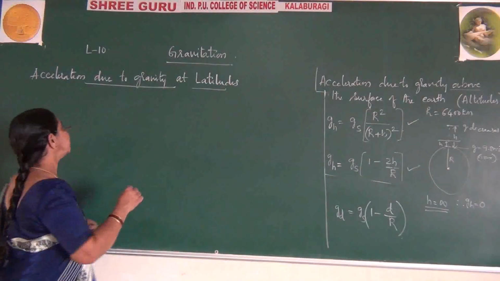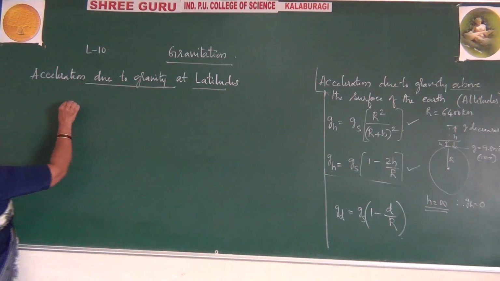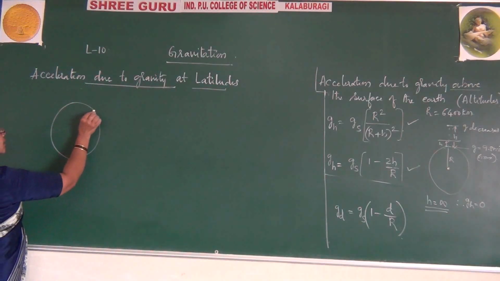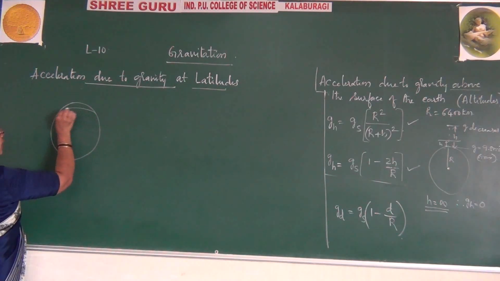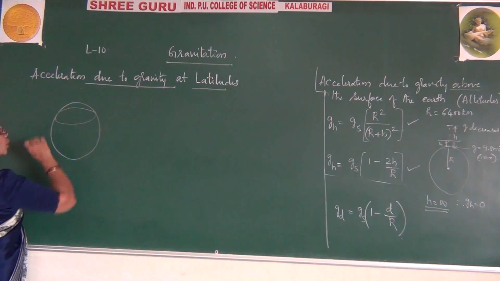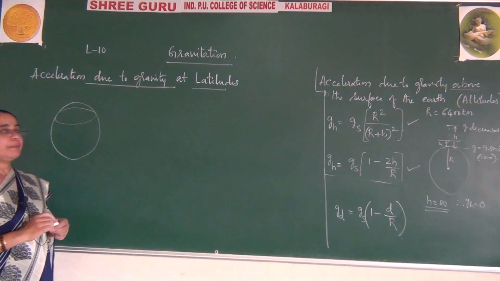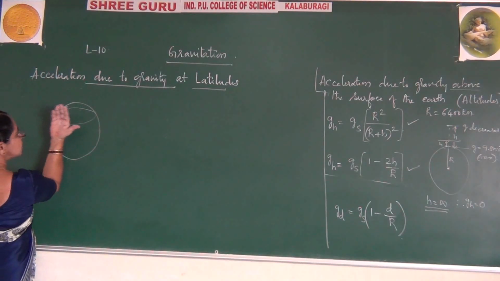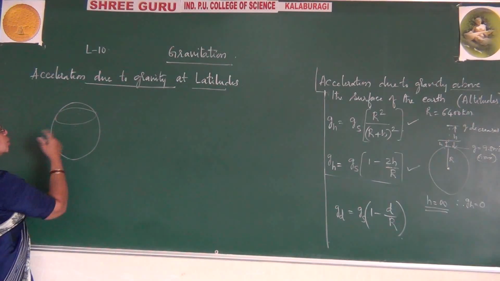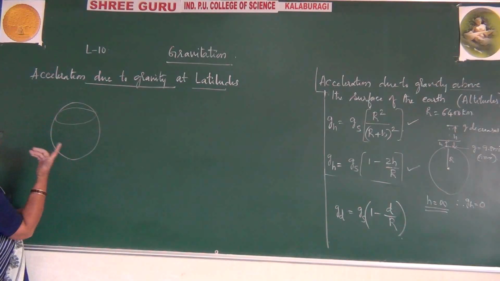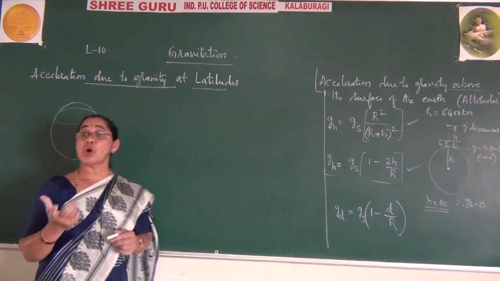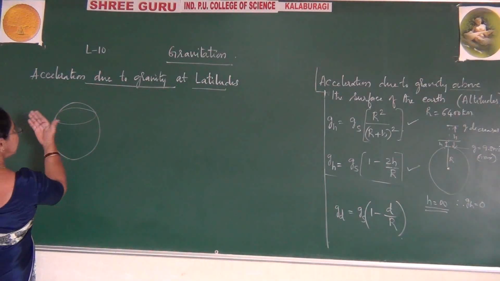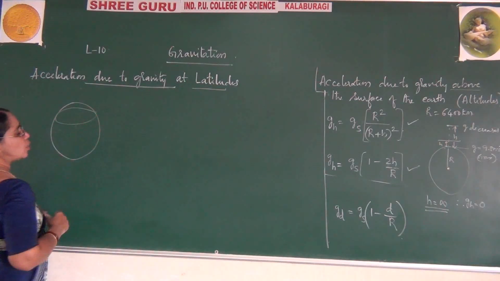Suppose this is a sphere. Earth is just like a sphere. But here the Earth will be rotating like this. It rotates on its own axis. You will be thinking that it will be moving like this. No, it will be moving like this. So it is moving around like this. So this is how it rotates.